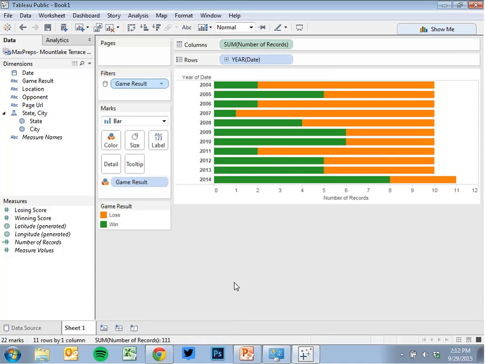So this is already we're getting a lot more information than we had just kind of off the top of our heads of what does our football team really look like. Now we know this is the best our football team has been in a decade. Last year was the best they'd been in a decade. By a lot.